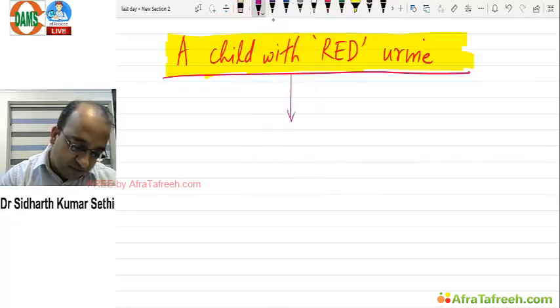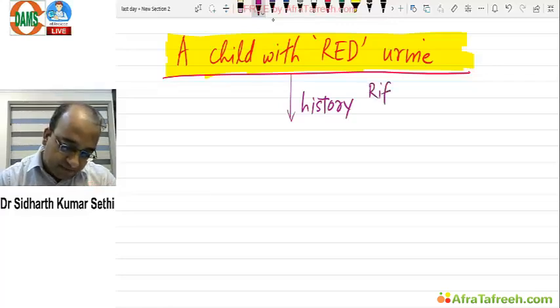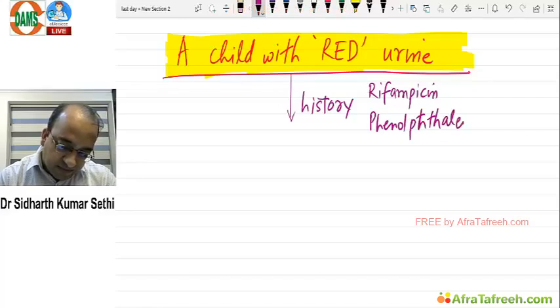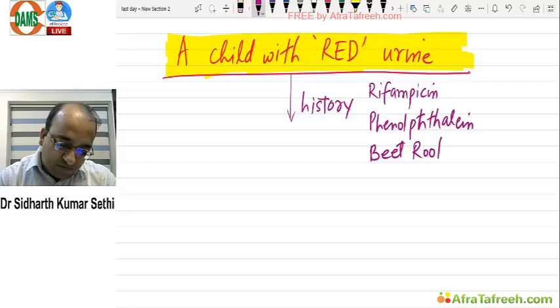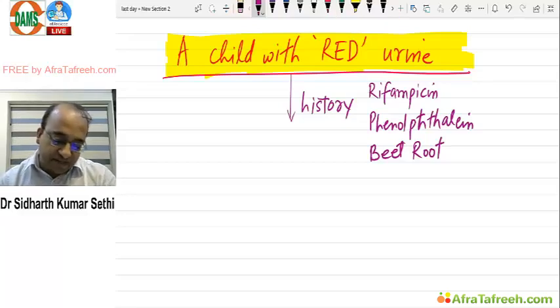Why is history important? Because there are many drugs which can cause red urine, especially rifampicin, phenolphthalein. This may be, this child had taken, for the first time in his life, some beetroot. Sometimes beetroot can cause red urine. Okay, so it could be even beetroot. So if this history is negative, if this history is absent,